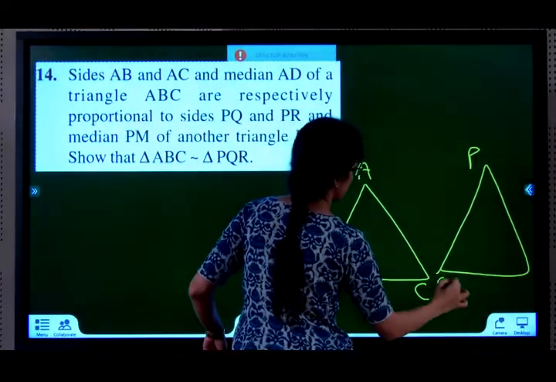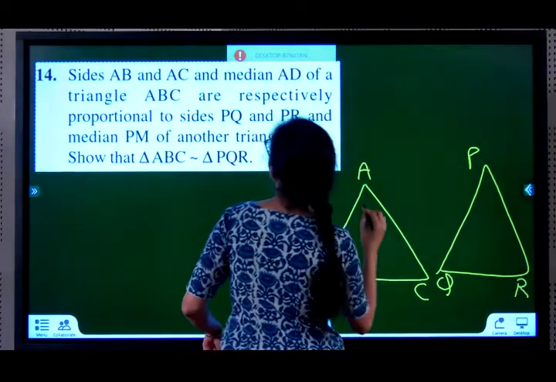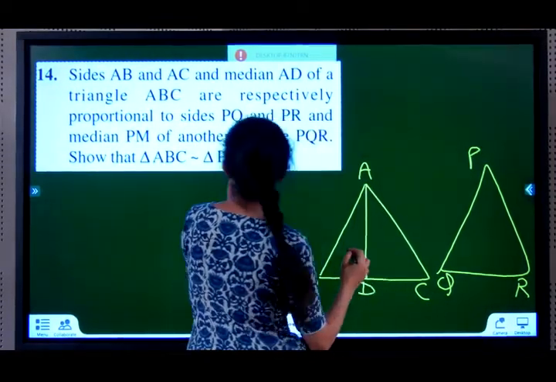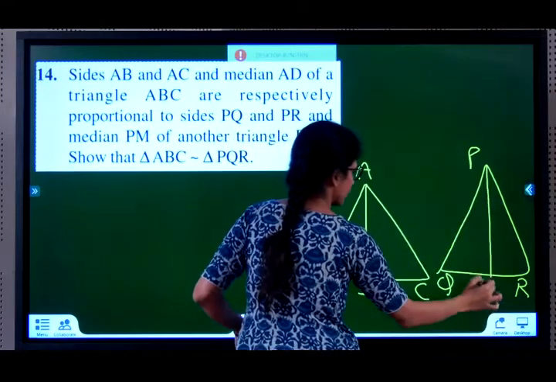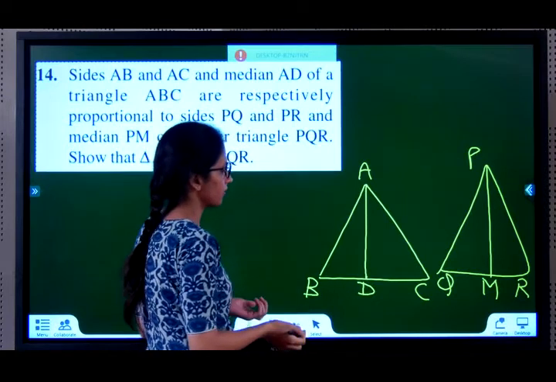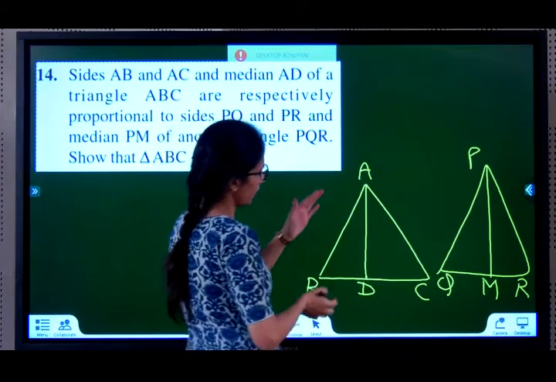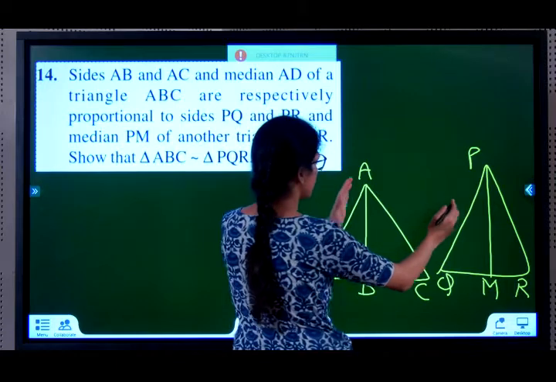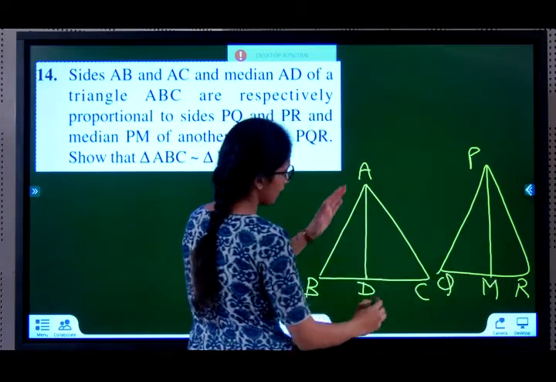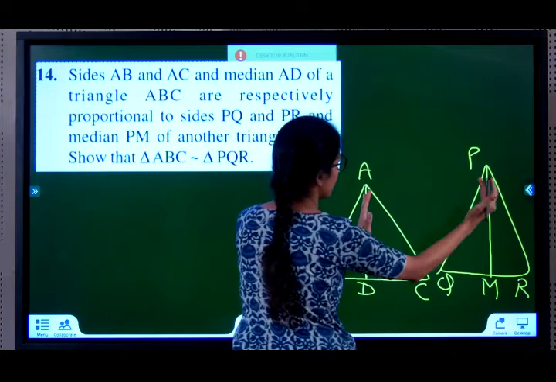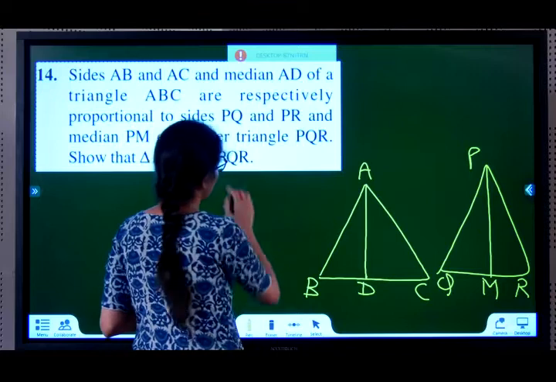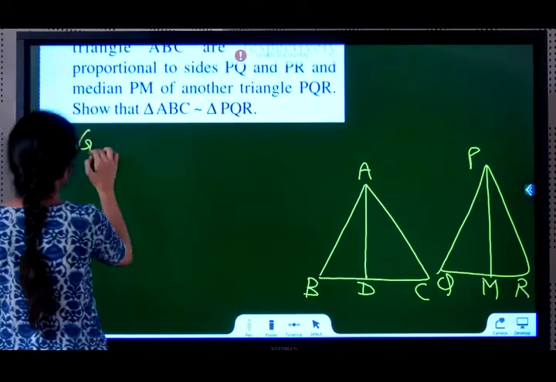and PQR, and we have median AD and median PM. It sounds very similar to the 12th question we did, but it is not, because in the 12th question you had AB by PQ equal to AD by PM equal to BC by QR. Here you have AB by PQ equal to AD by PM equal to AC by PR. Okay. So in this given condition here, they have given you